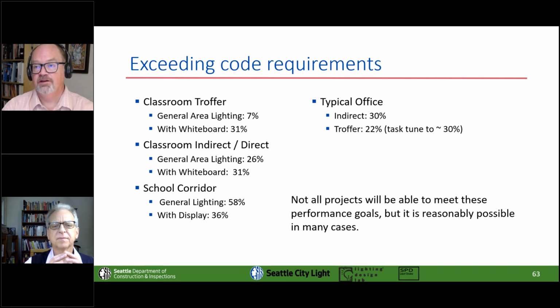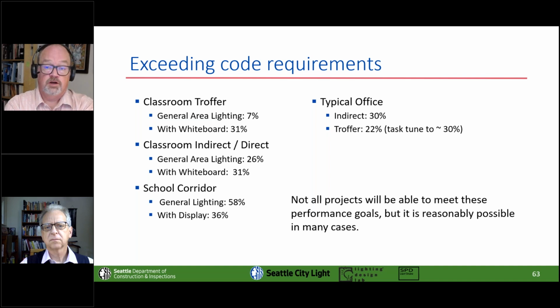Shaun? As Duane had mentioned, it's not really all that difficult to exceed the requirements of the energy code. It honestly isn't. So the examples that we've looked at so far, classroom with troffer, classroom indirect direct, school corridor, typical office, with the exception of the strictly general area lighting for the classroom, which is an oddity in itself, we're looking at being somewhere between 25 and 30% below code in each one of